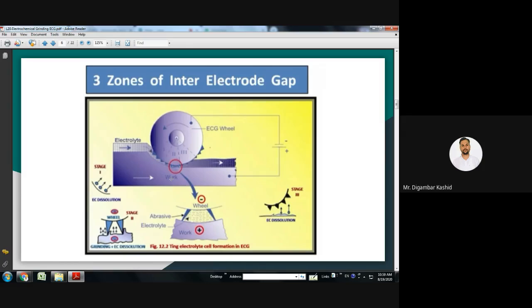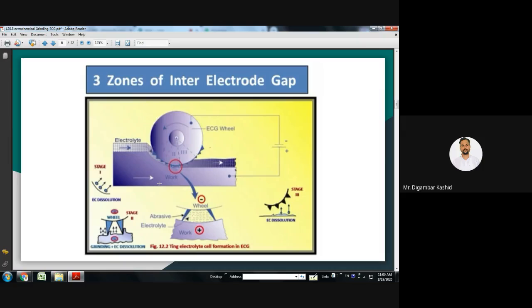During electrochemical machining, whatever debris particles are there will be in between the inter-electrode gap, and to remove that, we need an electrolyte. The properties of the electrolyte sometimes change because of the sludge that comes into it, so for that purpose proper filtration is required.